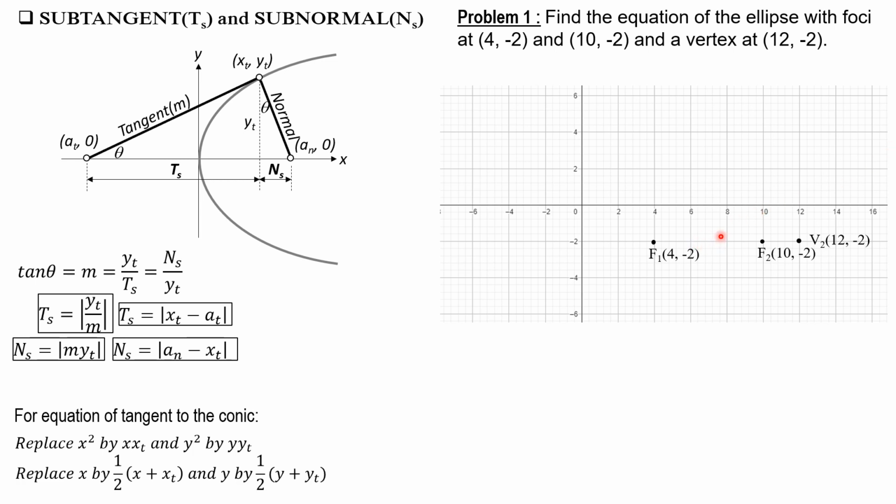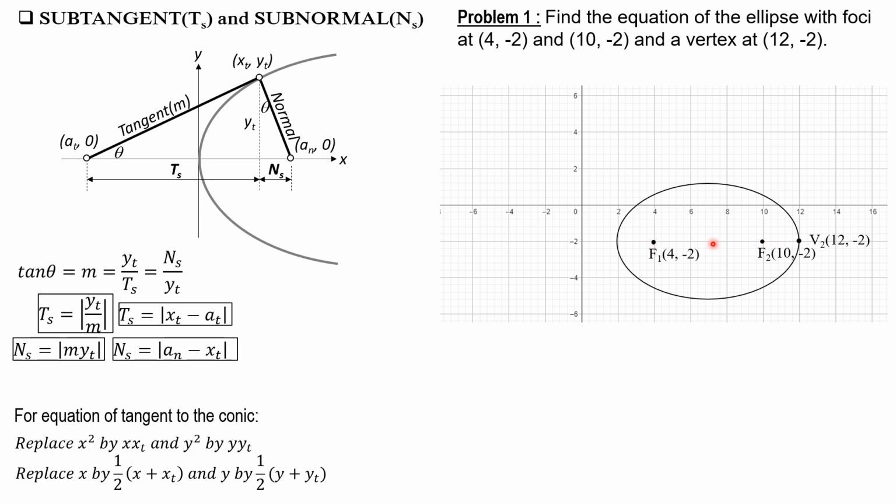Because F1 and F2 lie on a horizontal line, the major axis is parallel to the x-axis. So the ellipse would be as shown, and the expected equation of this ellipse is (x minus h) squared over a squared plus (y minus k) squared over b squared equals 1. So that's the anticipated equation of the ellipse, where the center is the center of the line segment joining F1 and F2,